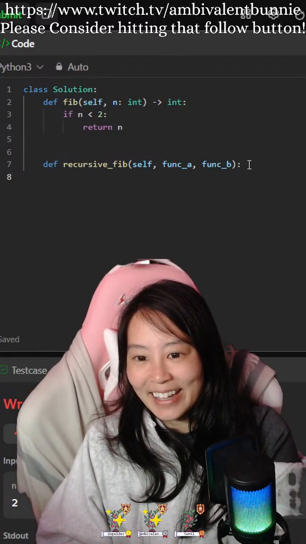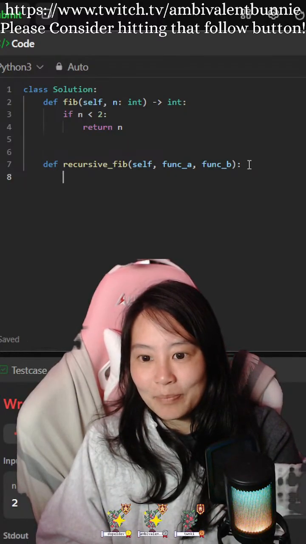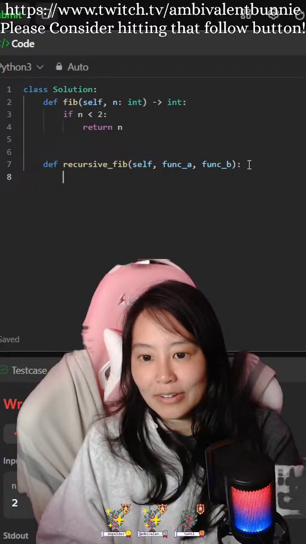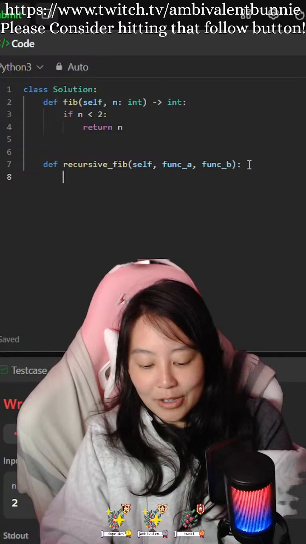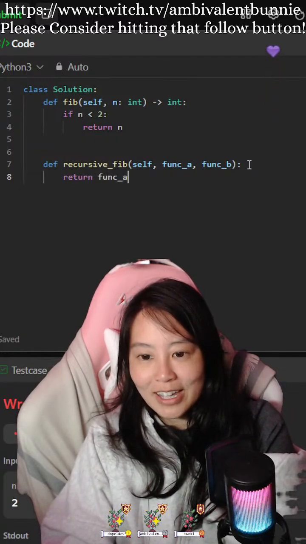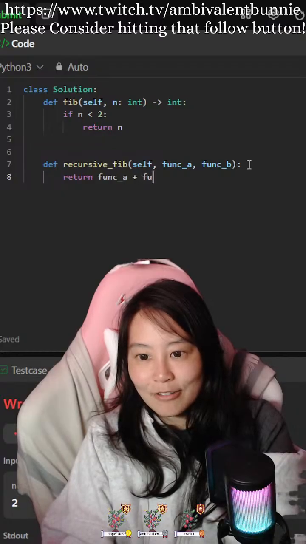And then we would return function A plus function B.